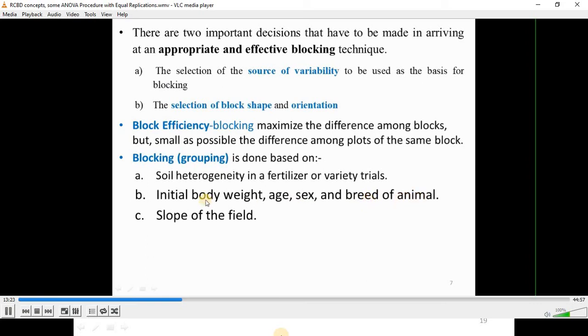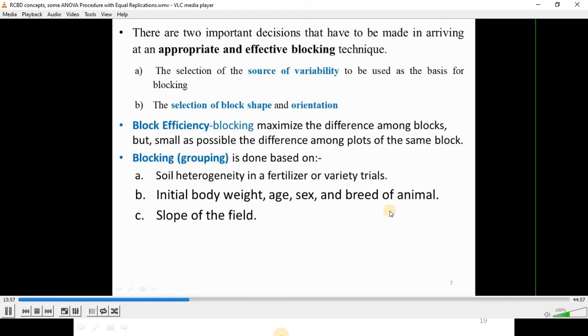That means the body weight of an animal shall be considered as a block or a group having similar or homogeneous conditions. Age also, sex also, males and females and the like, and the breed of the animal is used in grouping or in blocking, and the slope of the field is also another source or another